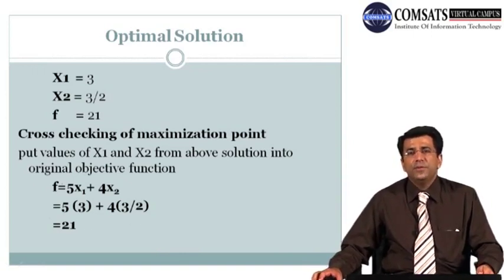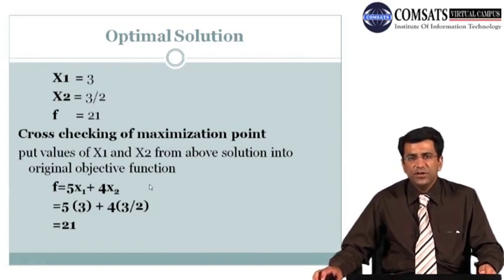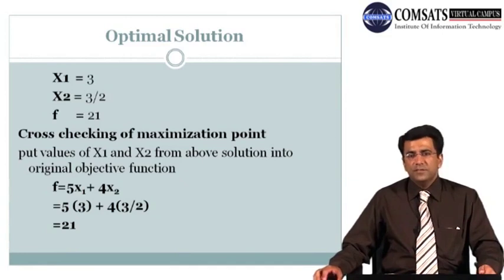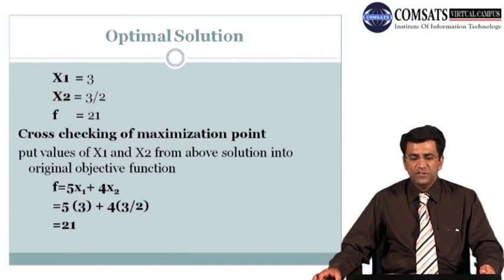And again, if we interpret this final solution and conclusion, it is interpreted as: if the value of x1 is equal to 3 and the value of x2 is equal to 3/2, then our maximum objective function value will be equal to 21. There is no other alternative available through which we can have a maximum value more than 21. So class, in this way we can achieve our objective, that is the maximization of our objective function.